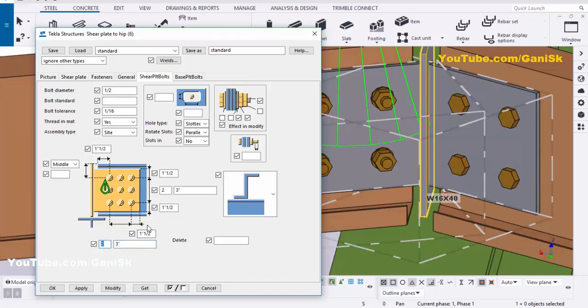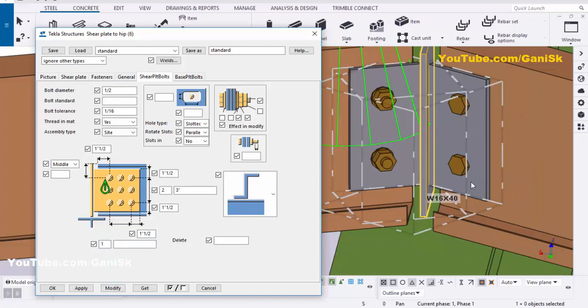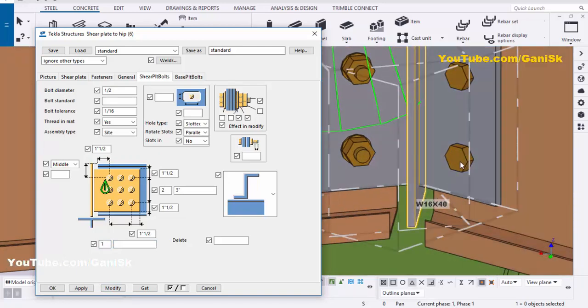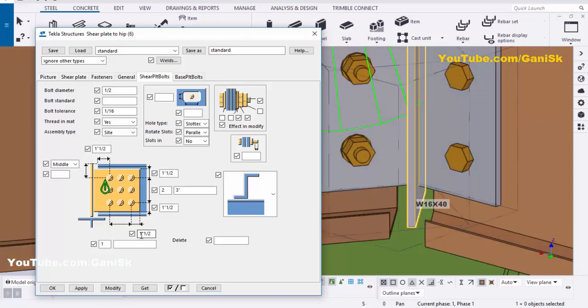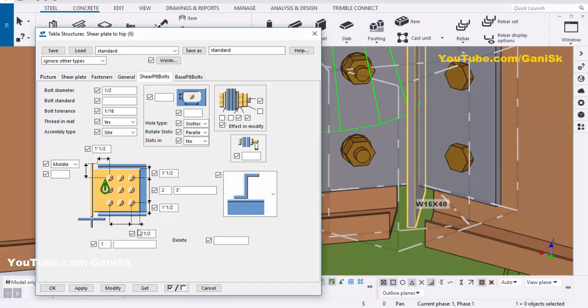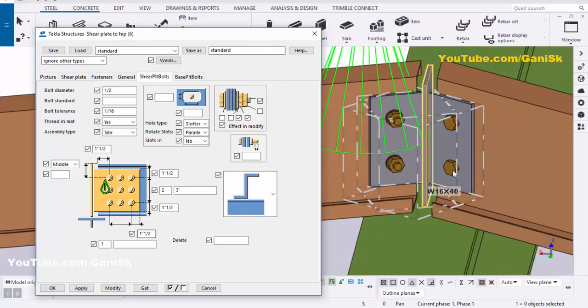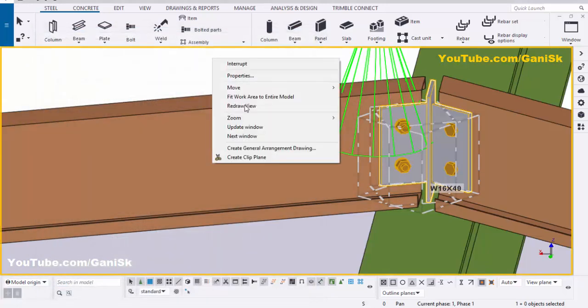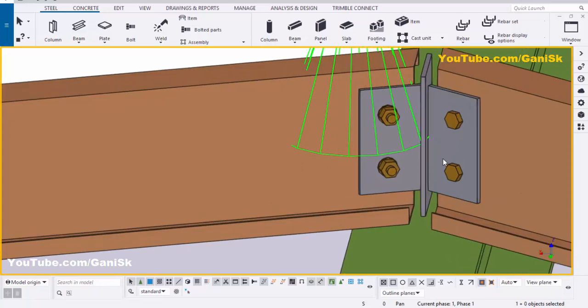Okay, let's take 1 bolt, 1 column, and we don't require any spacing, then click on modify to see the result like this. Now from edge of this purlin to first bolt distance should be 1.5 inch, from bolt to edge distance should be 1.5 inch from this option. Okay, then click on modify, apply, okay, click on space, right click on mouse, stereo view. Okay, you can see, just like this.